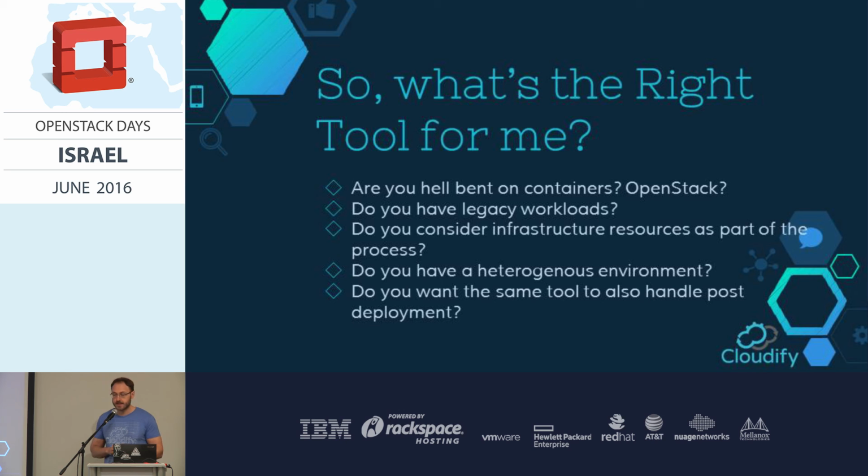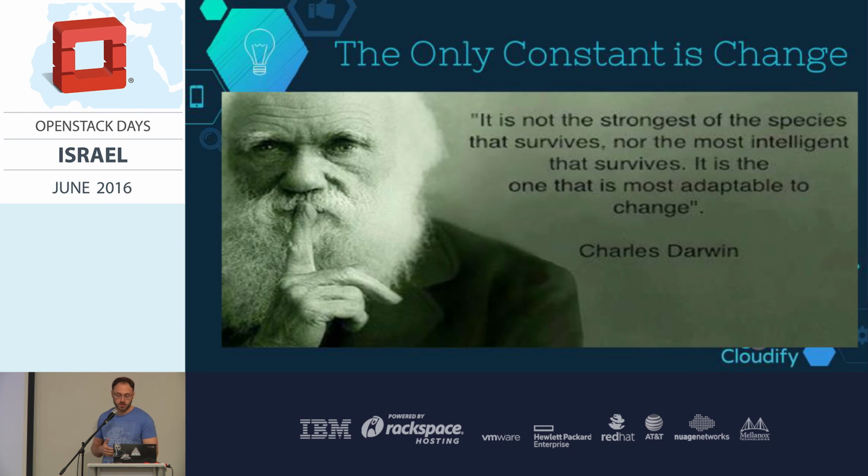Do I need support for legacy frameworks? Do I have VMware, for example, in my environment that I want to be part of the application? So, for example, I could define the web tier running on OpenStack, but the backend of the application, the Java-centric backend application, running on VMware, which is a classic example for that. Do I have heterogeneous environments with different kinds of technologies? So I have a huge set of questions, and the best way to pick and choose the right tool is basically looking at what my needs are, where my focus is, and which infrastructure I support.